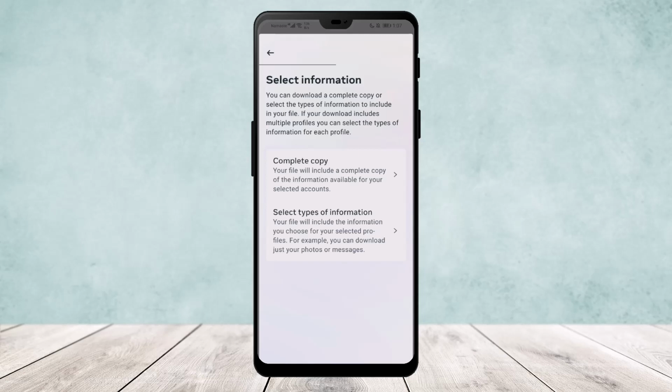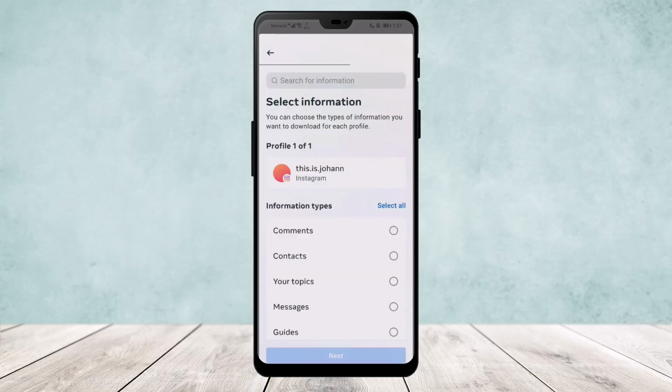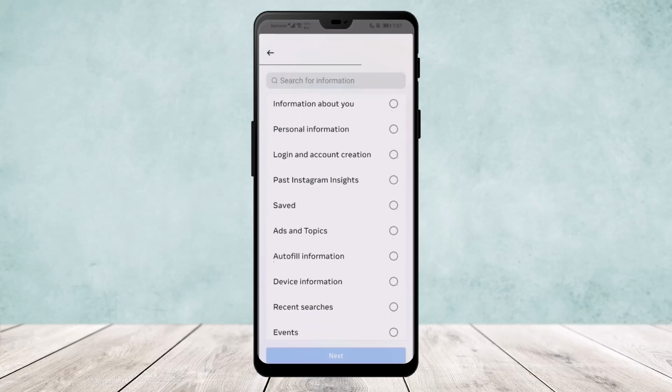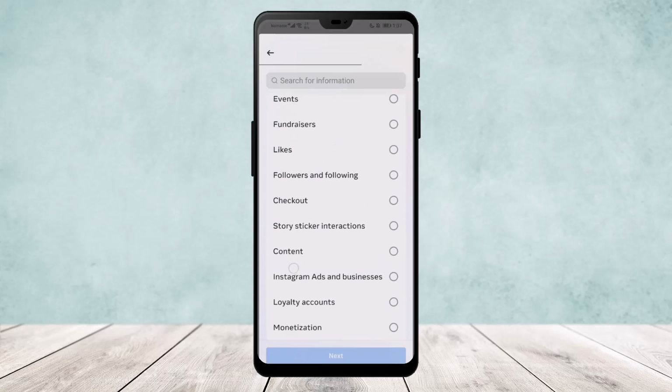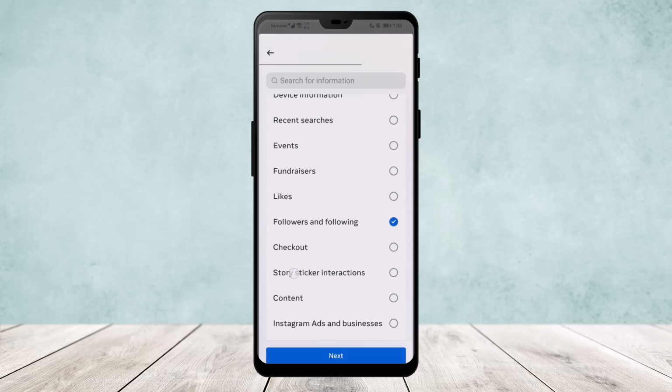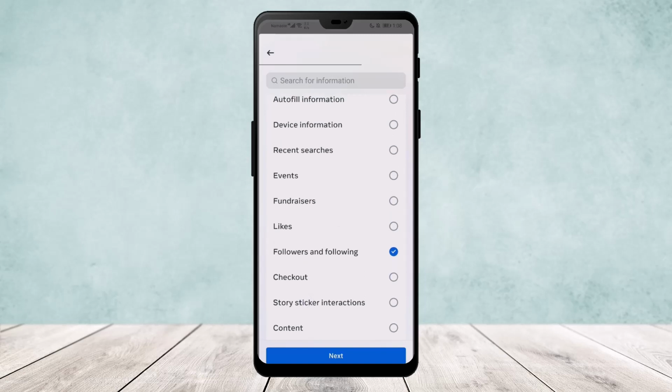Now, since we only want to see our send friend request on Instagram, we will just tap on select types of information that we want to download, since this will be quick and easy. Now we'll scroll all the way down below, and here, if you scroll, you'll find the option followers and following. Now, since we want to view our send friend request, all you need to do is download this